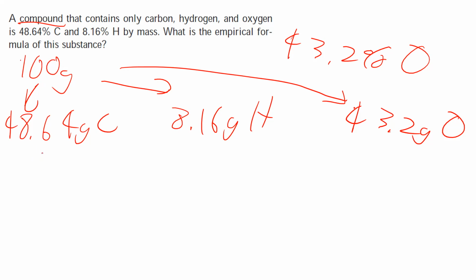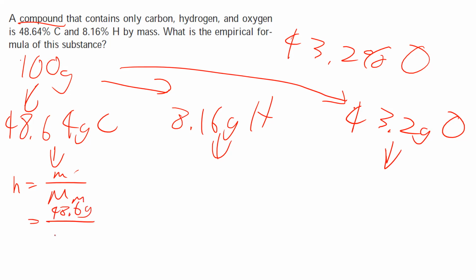Once we've done that, next we convert all of these to moles. In chemistry, a lot of things have to do with converting to moles, and you know how to do that. Moles is equal to mass over molar mass. The mass we have is 48.6 grams divided by the molar mass of carbon, which is 12.01 grams per mole, and we get